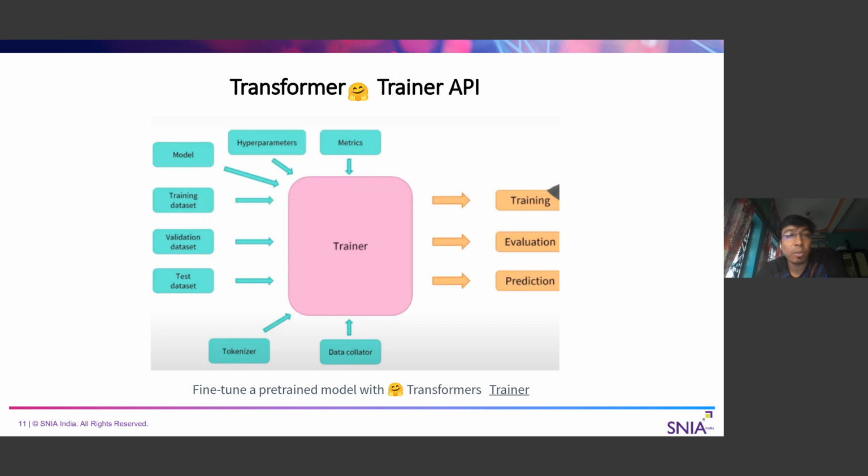All this information we can pass through the Trainer class or the Trainer API. Using them, the Trainer API can start doing the fine-tuning. So we can give all the constraints to it, and then the Trainer will do the training part.